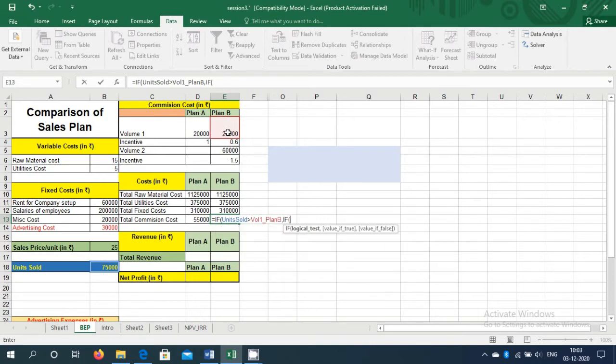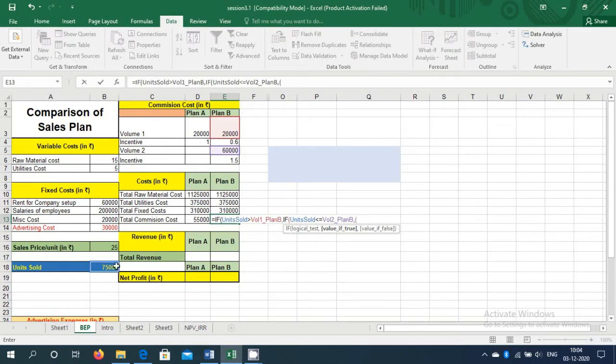So the nested if I'll write over here: if units sold, in this case 75,000, is less than or equal to volume 2 plan B. Then for this inner if, as in other programming, if it is less than or equal to volume 2 plan B, then we'll write what it would be,